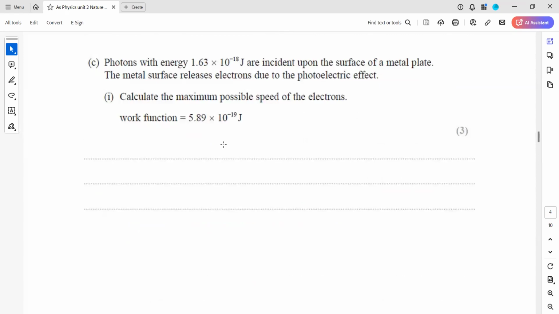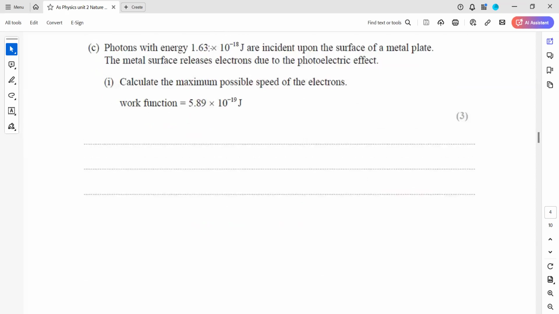In part C, a photon with energy 1.63 × 10^-18 joules is incident upon the surface of a metal. This is related to the photoelectric effect. The metal releases an electron due to the photoelectric effect. For the maximum possible speed, first the energy of a photon is absorbed, then work function, and then they will have a kinetic energy. So first we can work out the kinetic energy, and then from the kinetic energy we work out